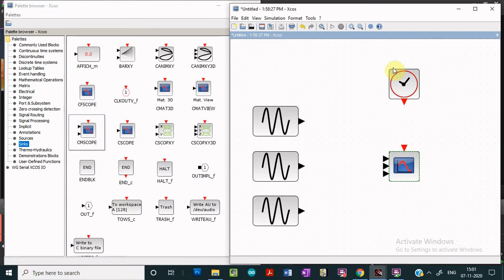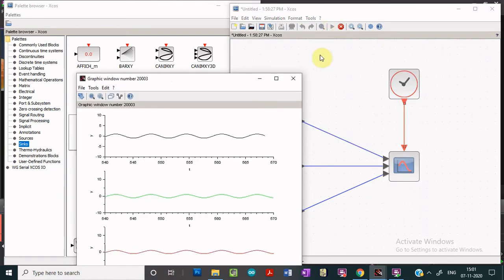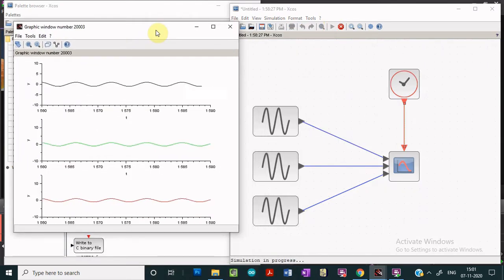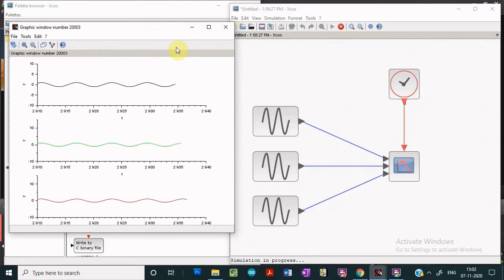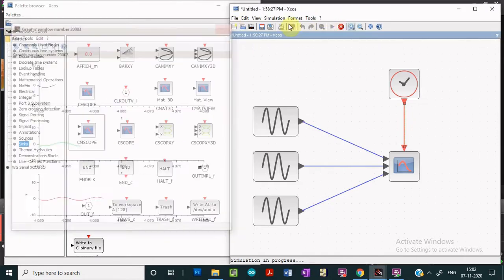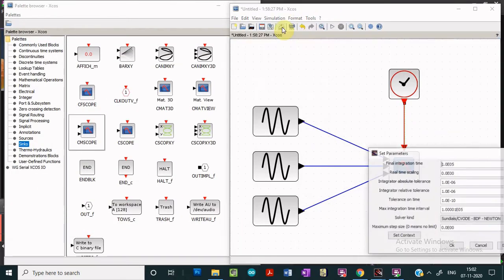Now click on OK and connect these blocks to the scope. And run the simulation. So if we run the simulation, we see that we are getting the waveforms, but these are not stationary. So let us close the window and make it stationary first.